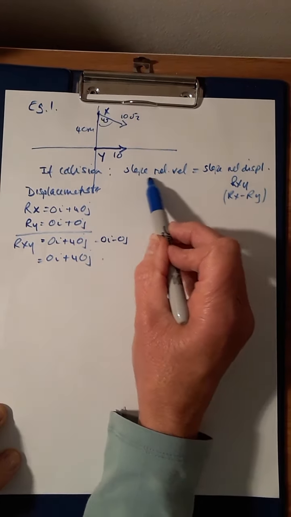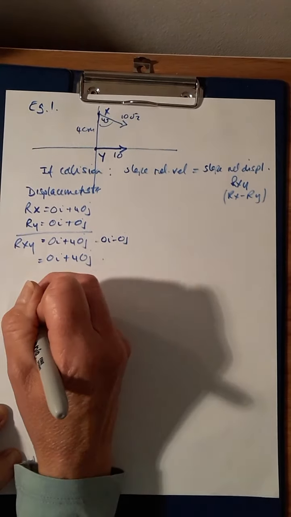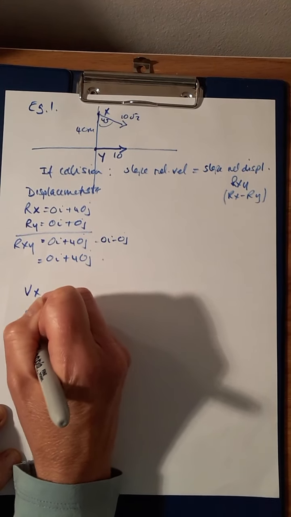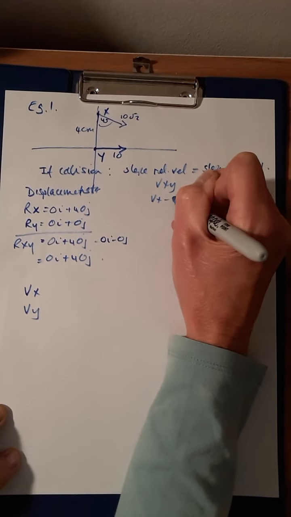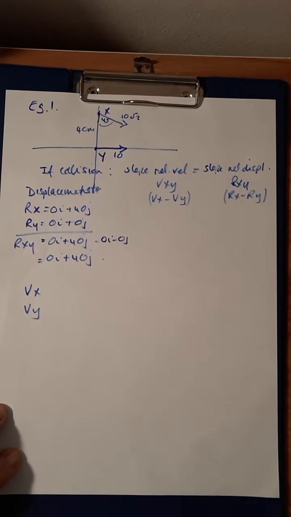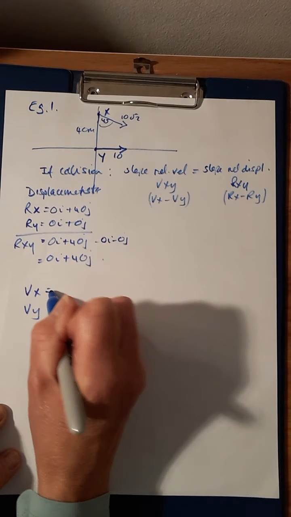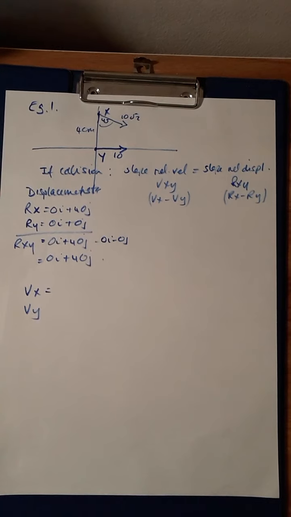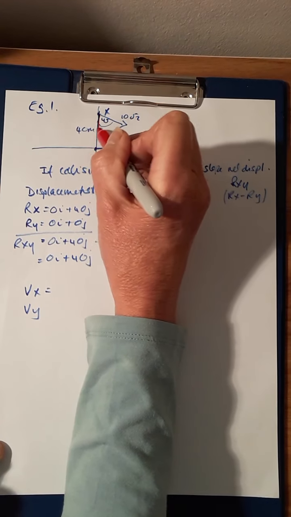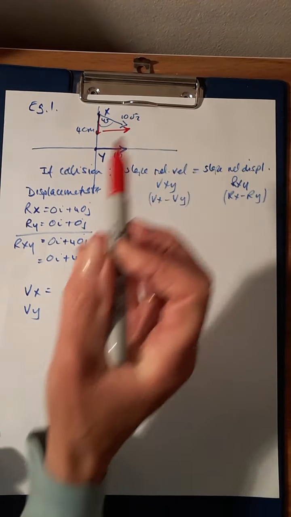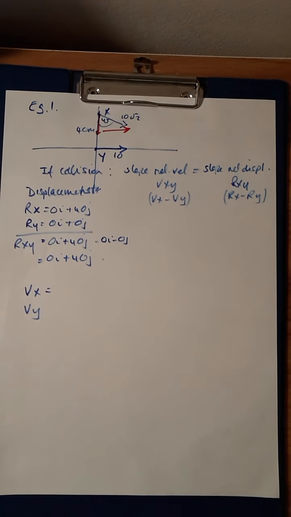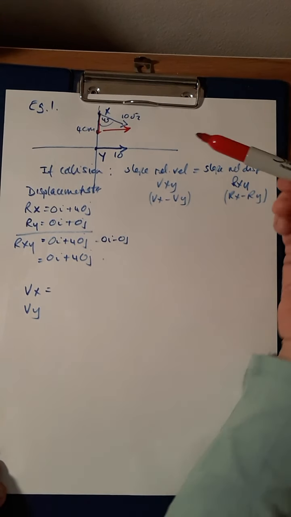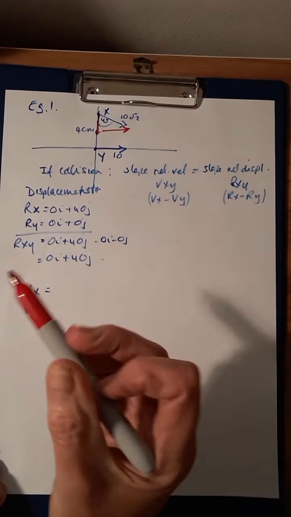Now, let's get their relative velocity. So I want the velocity of x and the velocity of y. And then I can get vxy, which of course is vx minus vy. So the v of x, what's the velocity of x? I'm going to draw a right angle triangle around x here. This will be the j component, this will be the i component, and now I'll write its velocity in terms of i and j. So the vx, the hypotenuse up here is 10 root 2, so it's going to be,